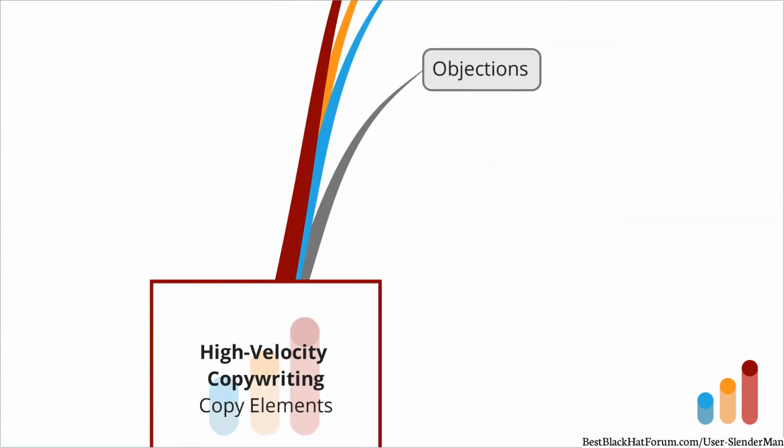write better copy faster, what you recognize is that there are a lot of objections that you may have to address. There are limiting beliefs that you may have to address. And by making sure that you cover those in your copy, you're going to write better copy. And by planning them out, you're going to write better copy faster, which is the whole premise of this program,